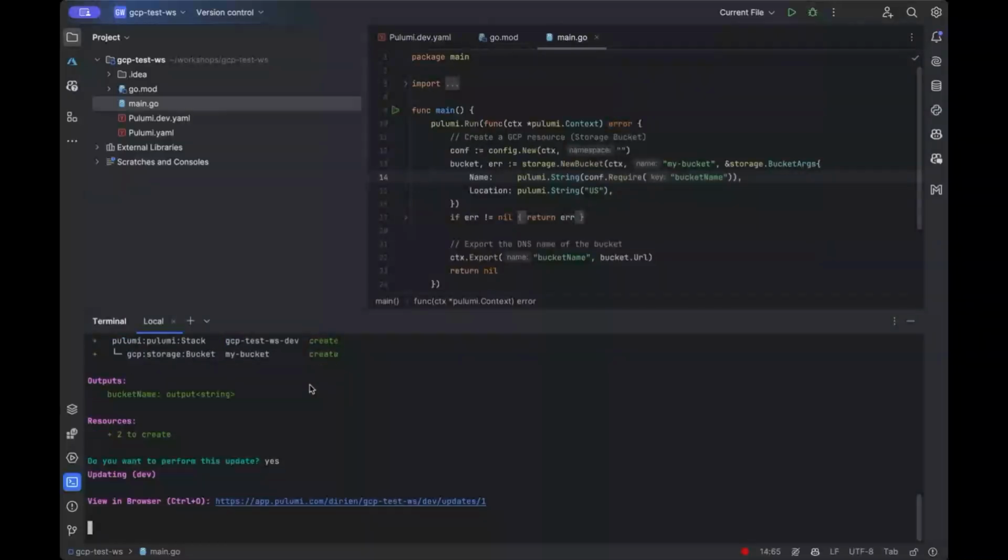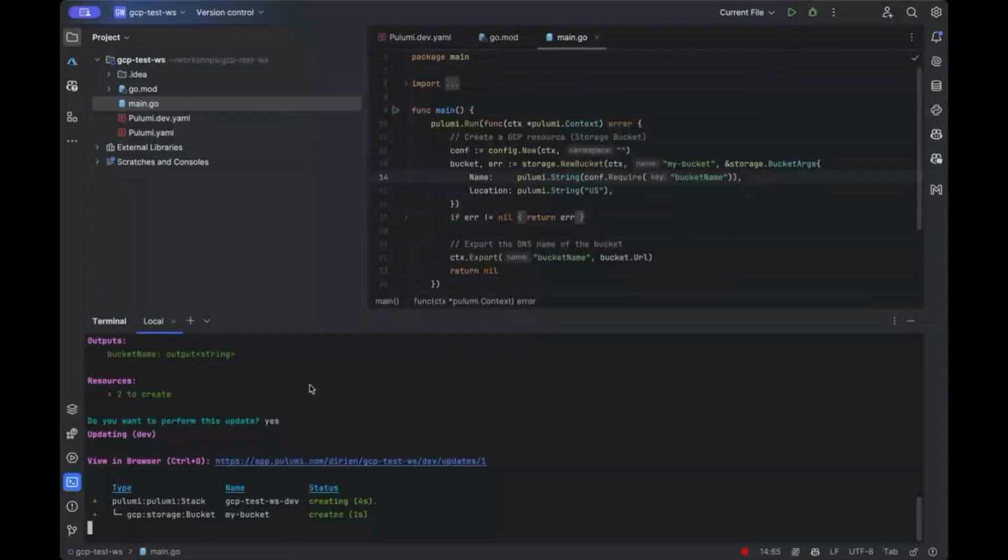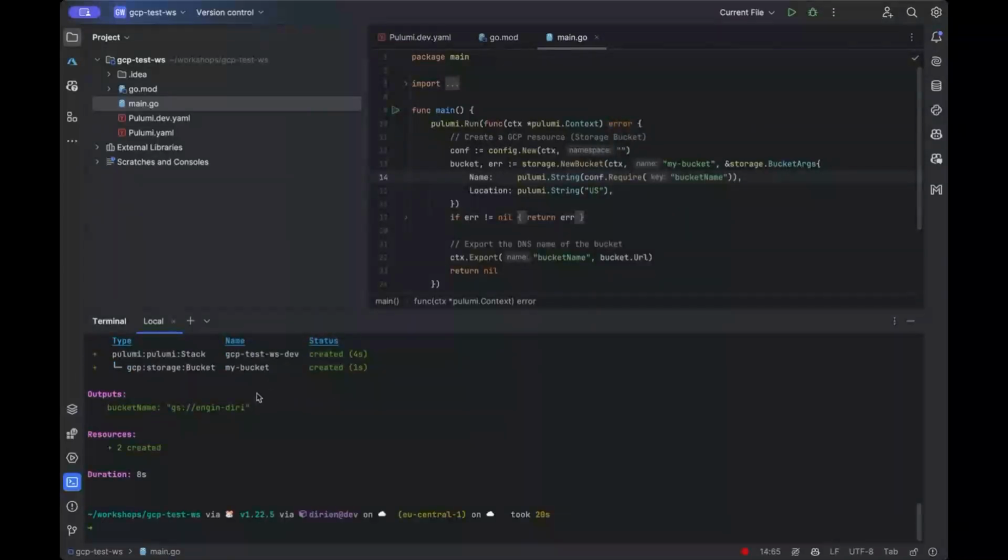Ask me if I want to do this. Yes, of course, let's do this. And also creating now the bucket. And as you can see, the bucket name is Engindiri. So it took the informations from